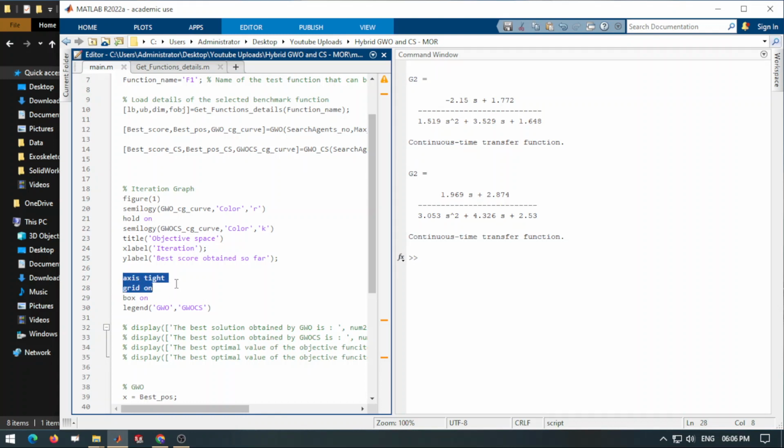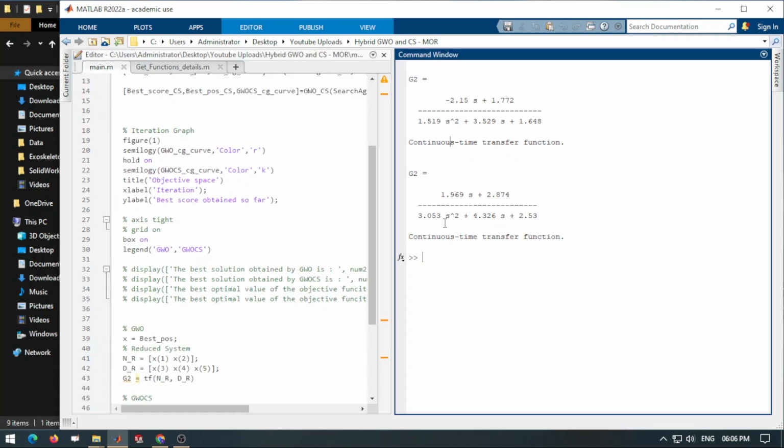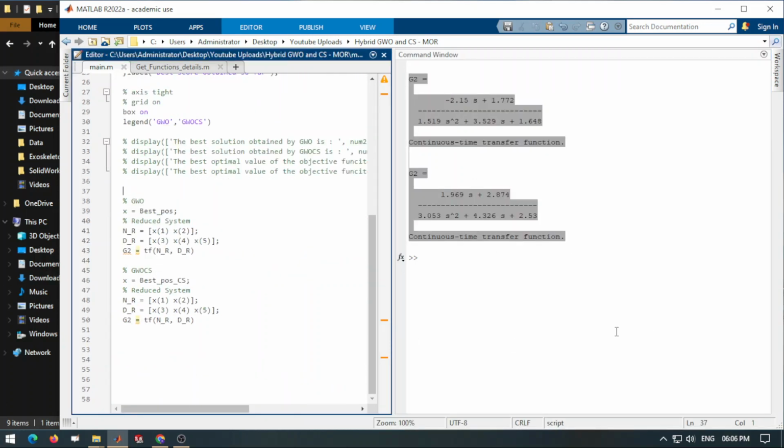This and grid I will hide. Yes. So this is the transfer function. This transfer function is for that GWO first one, but it's not clearly identifiable from this command window. So I will try to make some changes in this code so that it will be visible here,